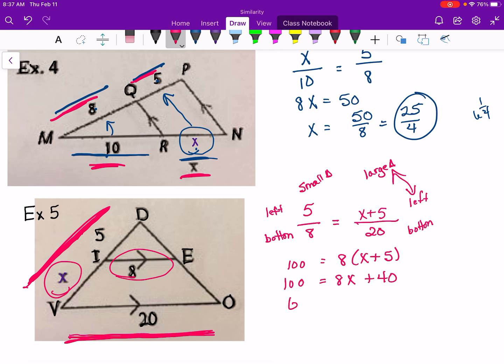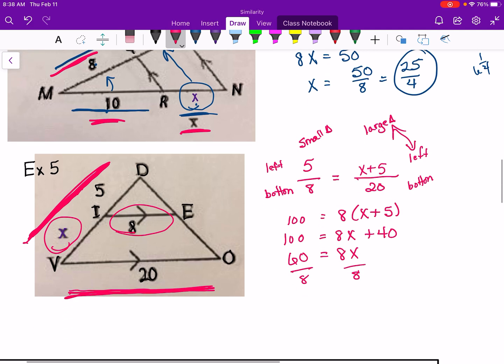Subtract the 40 from both sides of the equation. And then divide both sides of this equation by 8. Need to do a little reducing. I could divide 4 into both of those. If you didn't catch the 4, you can divide out 2 times, and you'll still get down to the same answer. This is 15 halves is x, or for those of you who'd rather see a mixed numeral, that would be a 7.5,